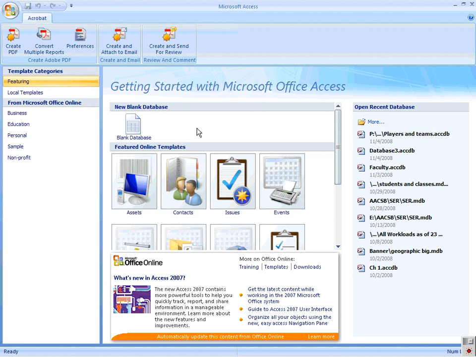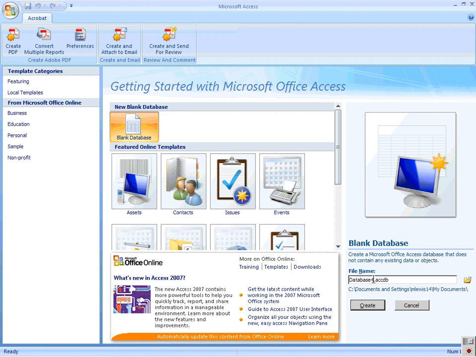Hi, I want to help you with implementing a database that we will call Baseball 101, which is going to keep track of players and games and the teams that they played on. So I've opened up Access. I'm going to create a blank database. I'll call it Baseball,